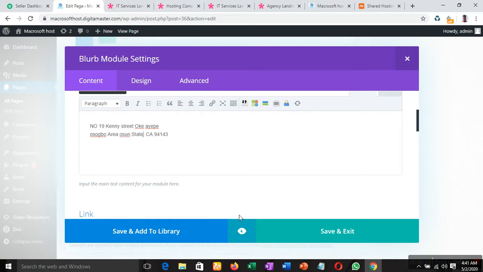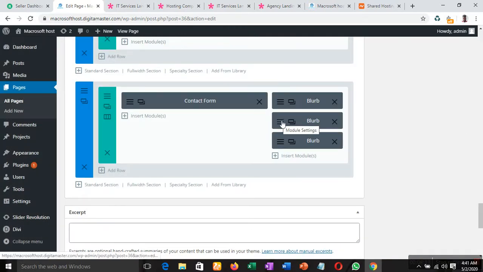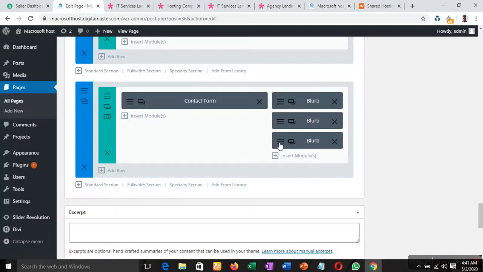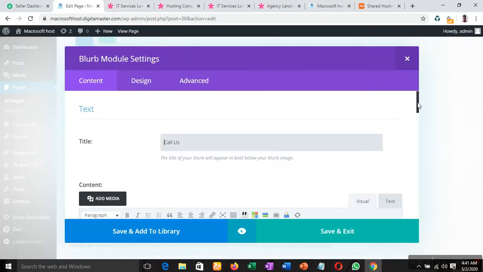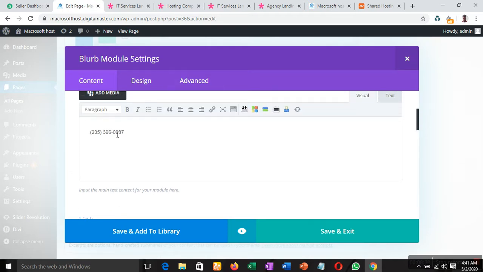And click on update. Once you edit this, you can also edit the working hours. So let me change this phone number to mine. Click on update.